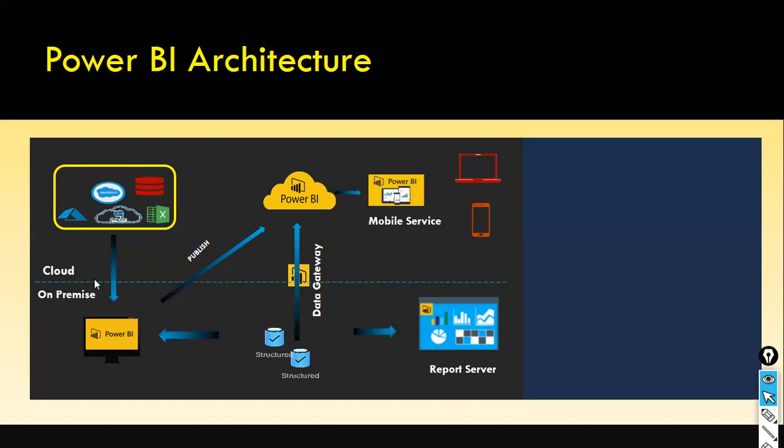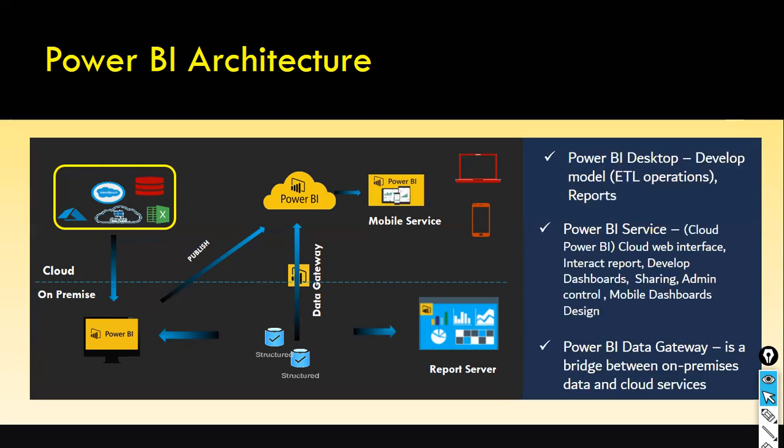How is it possible? Because you published 2 days back. That is possible because of the gateway. So using data gateway, you can schedule the data refresh. For example, in your on-premise, you have some data files. Every day the data is getting uploaded here. In this case, you can schedule the data refresh. Any new data comes in here, the data gateway will refresh the data in your report so that your report will have up-to-date data in it.